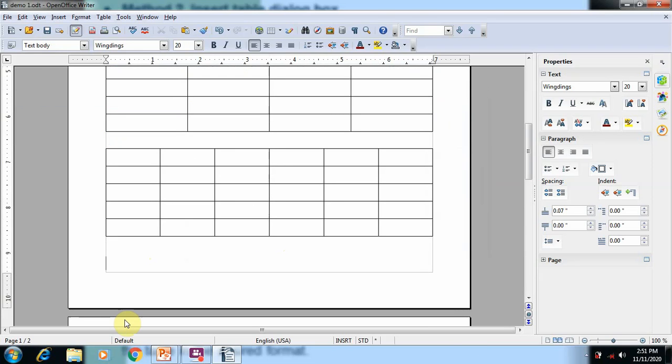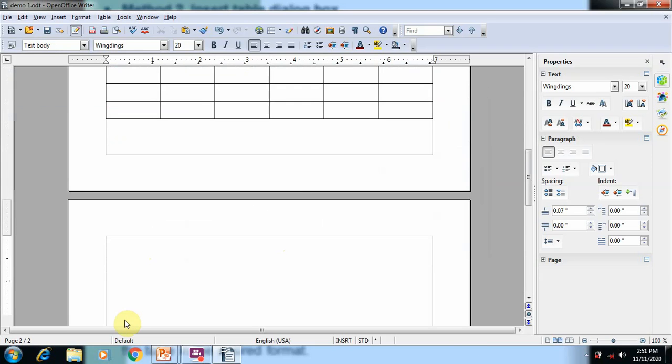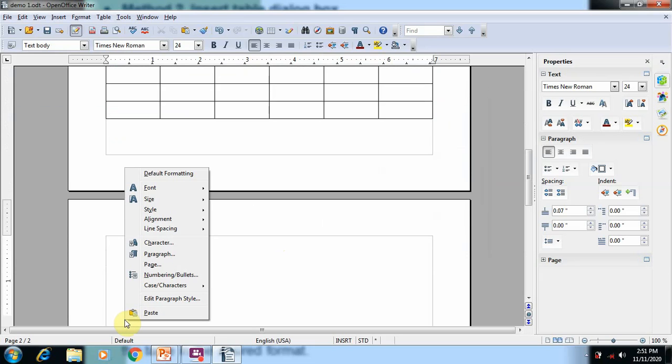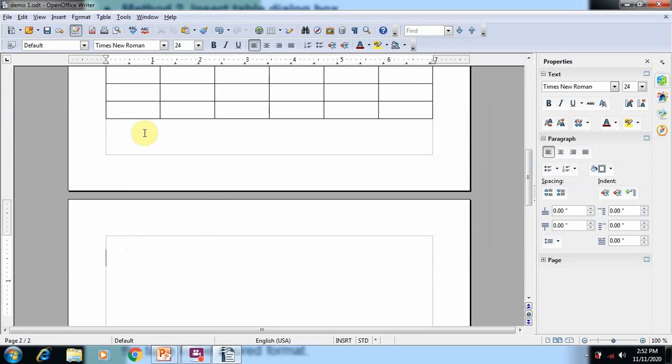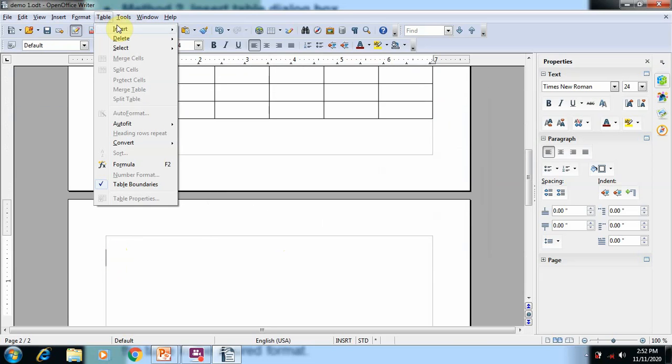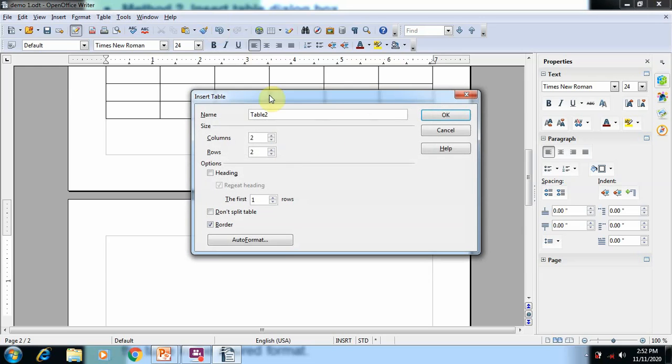The same Insert Table dialog box can be opened by simply right clicking on the insertion area and selecting the table. Sorry, go to the Table menu and select Insert and Table. So again the same dialog box will appear. You can type the table name, select the number of rows and columns and click OK. So in the second table, now I'm going to insert 8 columns and 7 rows, and here